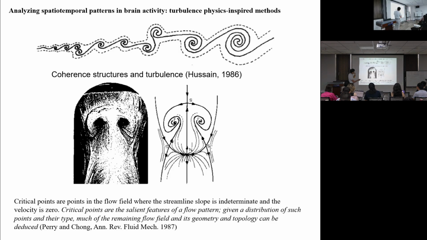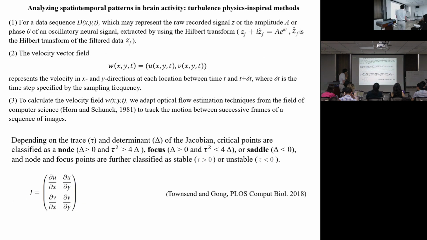At this critical point, we have a stable streamline, or if you prefer, you may say that would be a manifold. And also you have unstable manifolds. This is a focus point, a critical point. You have this unstable behavior, and that would go to this stable focus point. This focus actually is a spiral, a spiral wave. So just by adapting this concept from turbulence, we developed methods